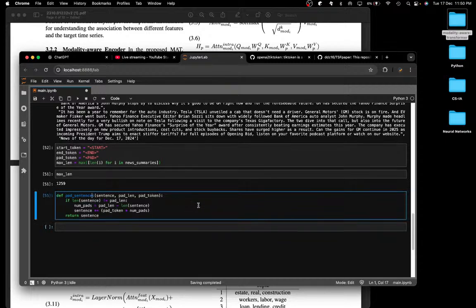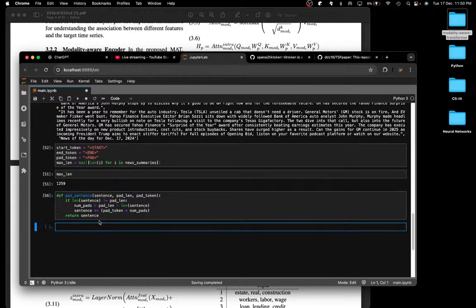And I think I should call it a sentence for now. So this is actually a really cool function because it's pretty reproducible. You can just copy this and use it somewhere else in some other function, which is a pretty good thing. So we can then just say padded sentences,